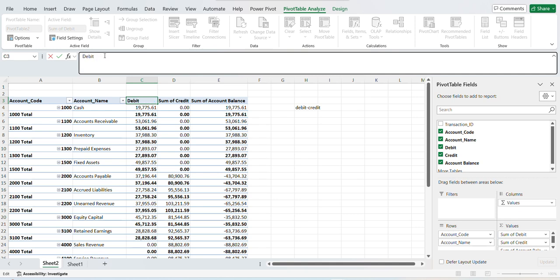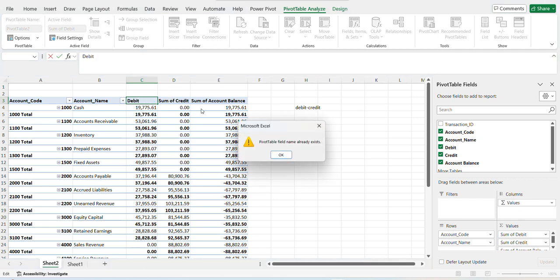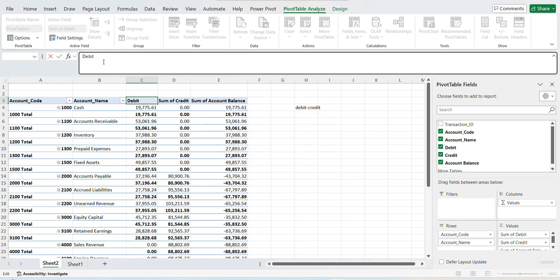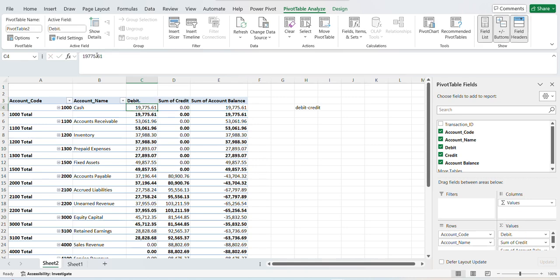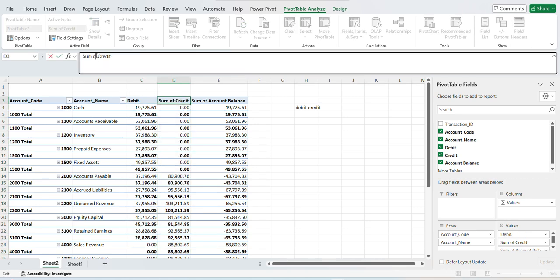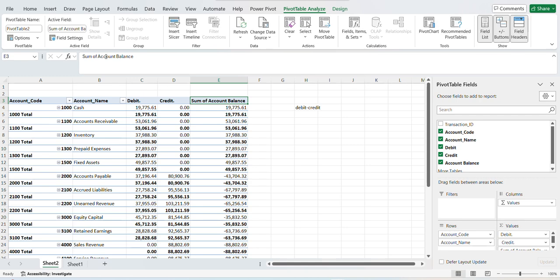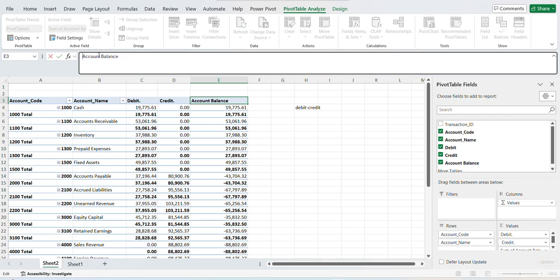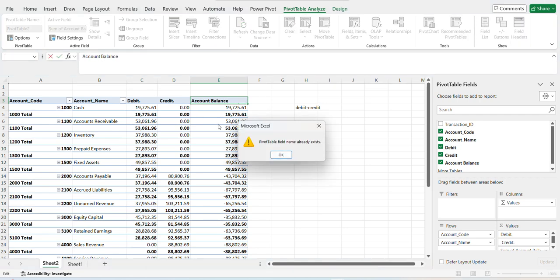So we have debit. You can edit that one. I don't know why it's not picking something. Okay, all right, let me just edit like that. Then here it is the credit. Okay, I edit that one as well. The account